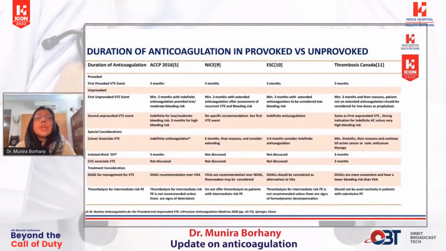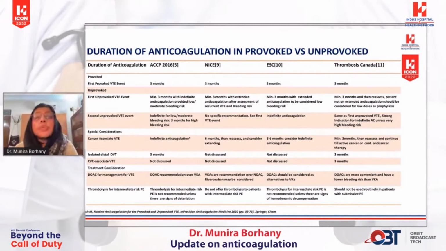अच्छा, अब ड्यूरेशन ऑफ एंटीकोगुलेशन, जैसे मैंने आपसे कहा, डिपेंड्स ऑन प्रोवोक्ड वर्सेस अनप्रोवोक्ड। आप जितनी भी गाइडलाइंस देखें, अमेरिकन सोसाइटी देख लें, चेस की गाइडलाइंस देख लें, नाइस की गाइडलाइंस देख लें, थ्रोम्बोसिस कनाडा की गाइडलाइंस देखें, सब में जो प्रोवोक्ड है फॉर 3 months और उससे ज्यादा नहीं यूजुअली दिया जाता, और जो अनप्रोवोक्ड है वहां पे मिनिमम 3 months है एंड वेरी टू 6 months।